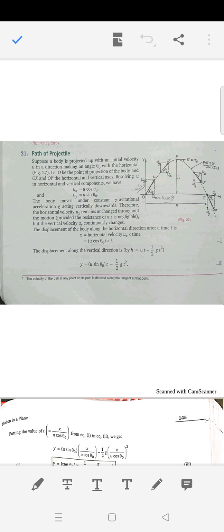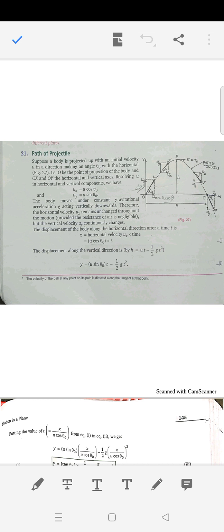Now, from class 9 we have been studying motion under gravity, which is straight line motion. Suppose you throw a ball upward or drop a stone from a height, and it falls straight down freely under gravity. There the displacement and acceleration are parallel to each other. That is called straight line motion.